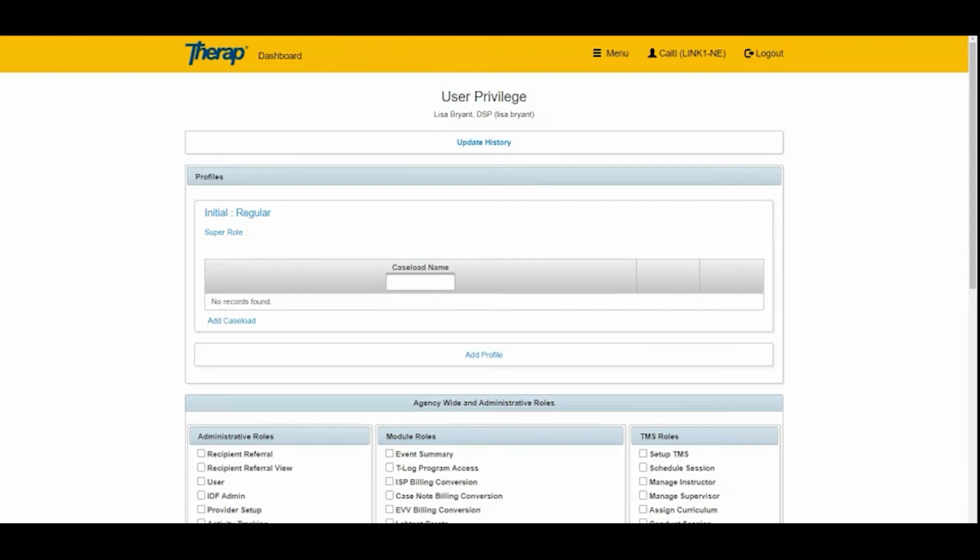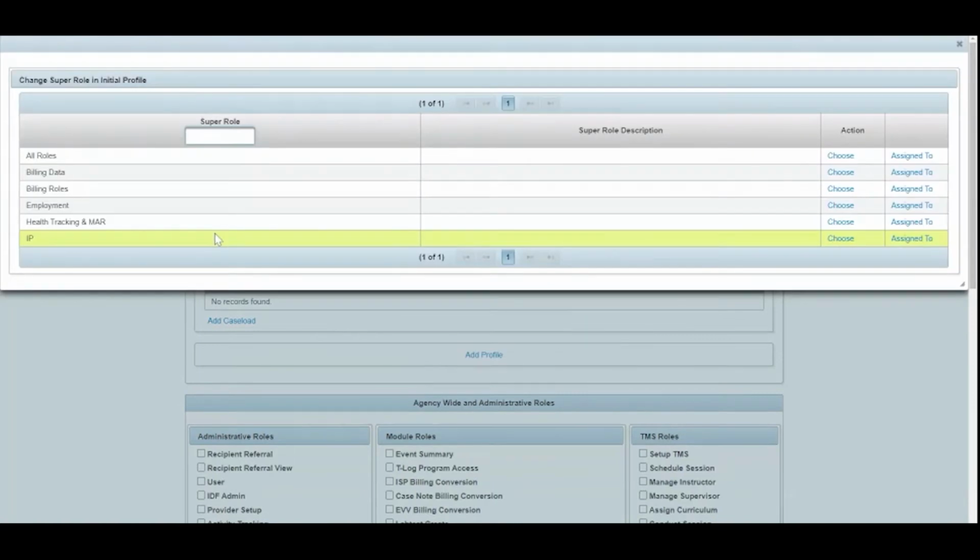What we're looking at now is the user privilege page for Lisa. We have the ability to set up multiple profiles. I'm just going to create the one profile for her at this time, though. I have to select a super role. So under super role, I'm going to select that link, and it's going to bring me up a pop-up of